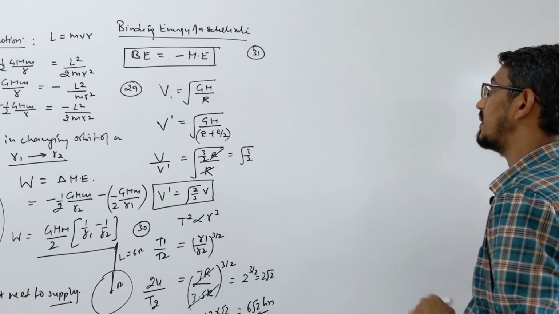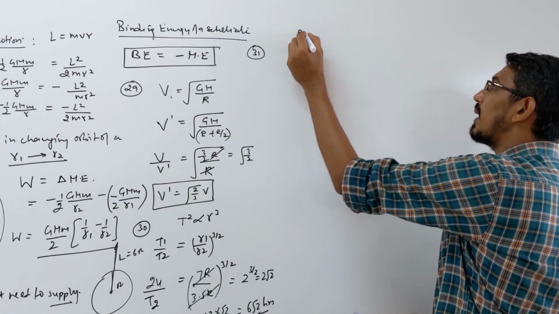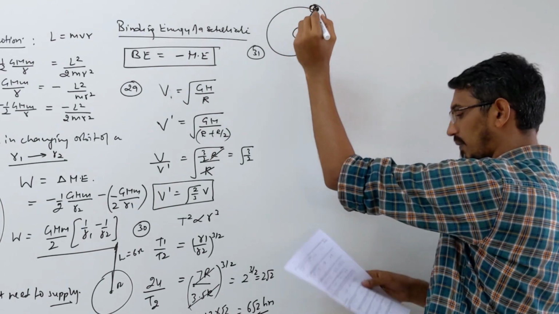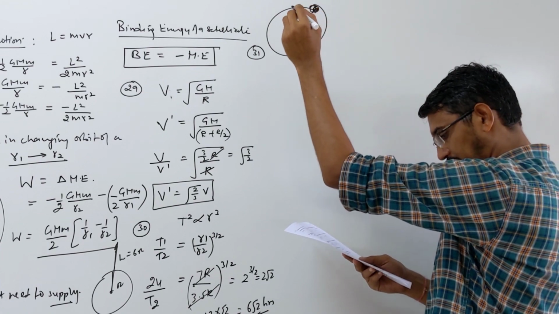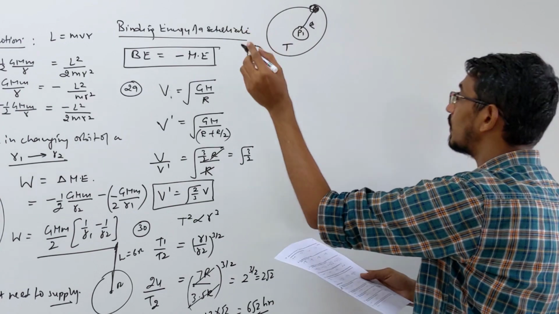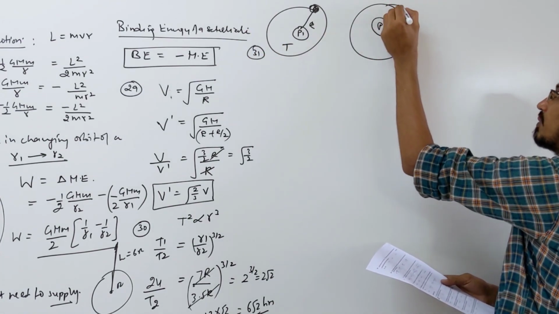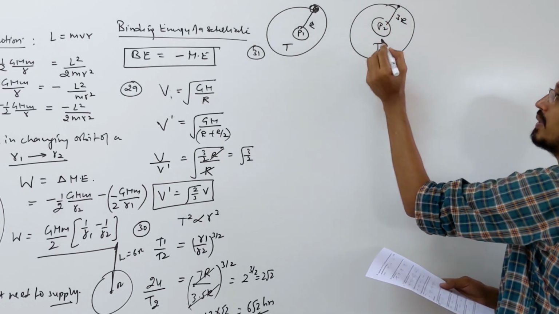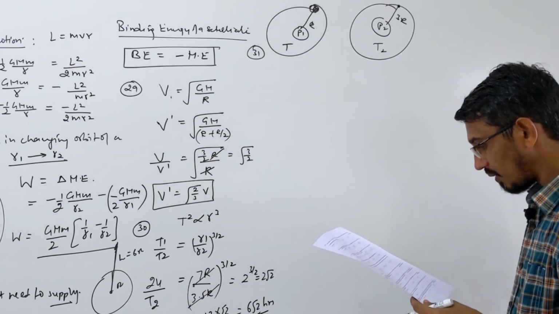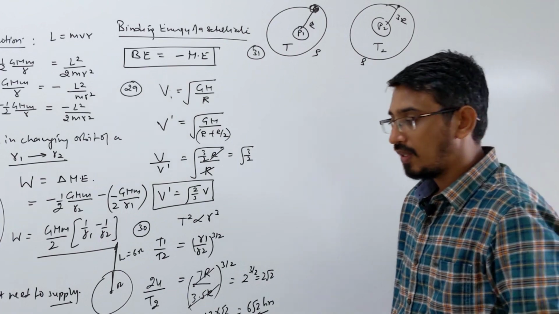So look here, give attention here. What is changing? The planet is changing, not the satellite. First it was a planet P1 and the satellite was moving here. This is the satellite and radius given r, and time period was given T and density is given equal. So another planet, and the satellite is moving around this of radius 3R and time period we have to calculate, let's call it T2. And what else? Same density given. Density of these two planets is given the same. Now it's very interesting.